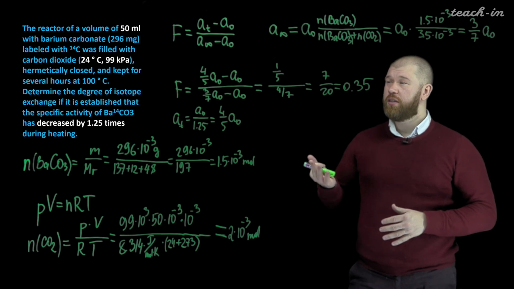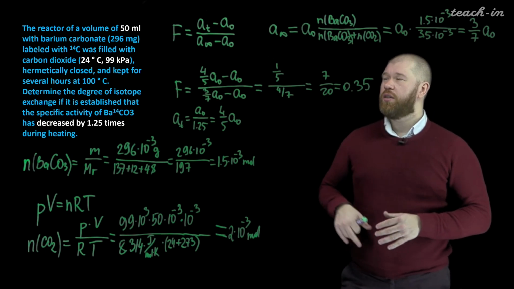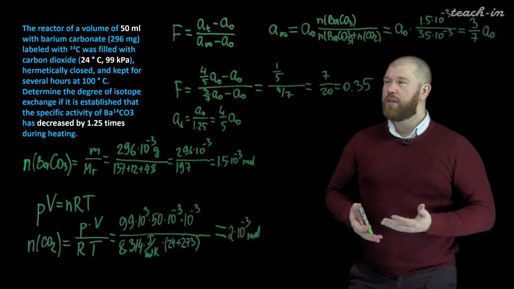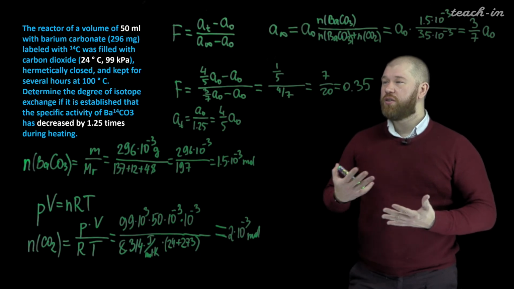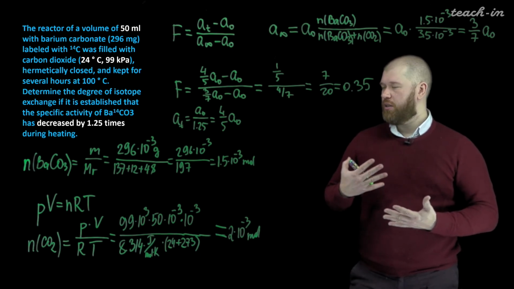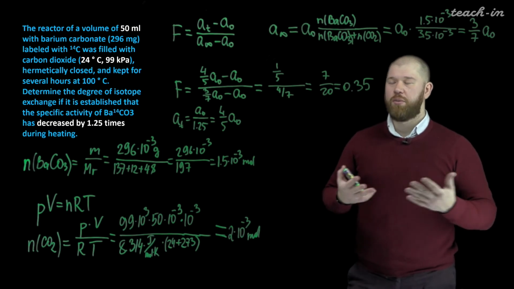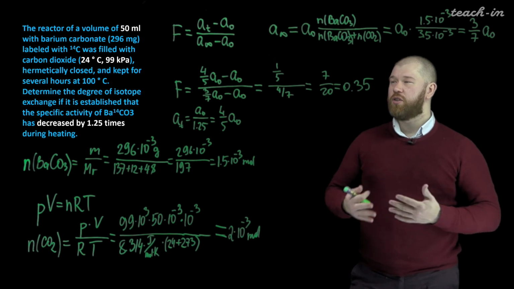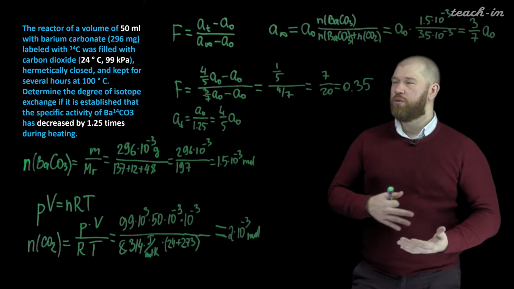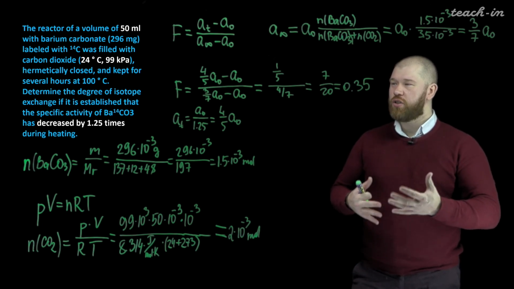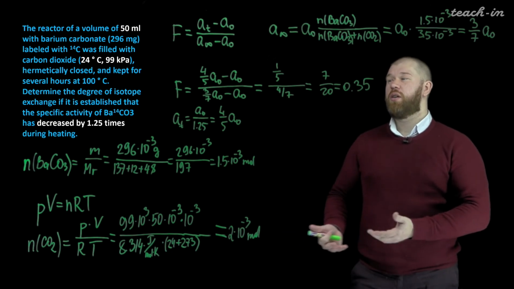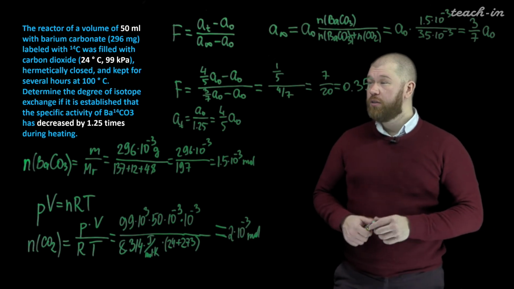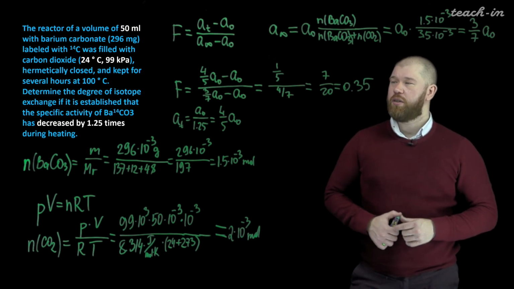And with these techniques, when using isotope exchange techniques with radioactive tracers, you can investigate processes that are very slow, that cannot be detected by the common analytical techniques. So what is the rate of exchange of carbon dioxide? What is the reaction rate of carbon dioxide with barium carbonate? It is very difficult to investigate with common analytical techniques, but with the use of a radioactive tracer, you can